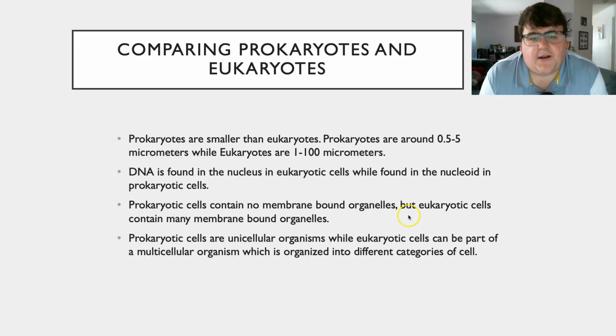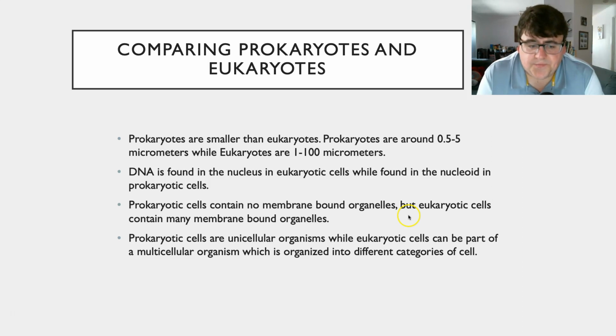So comparing prokaryotic cells and eukaryotic cells. So this is the last slide here. We've got to be able to compare the two. Prokaryotic and eukaryotic cells differ in size. So prokaryotic cells are much smaller, with only about 0.5 to 5 micrometers, whereas eukaryotic cells are 1 to 100 micrometers. So you can see there is a little bit of an overlap with some prokaryotes and eukaryotes, but generally